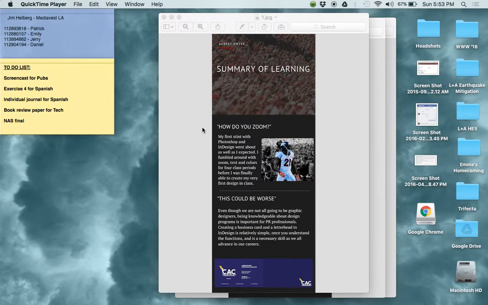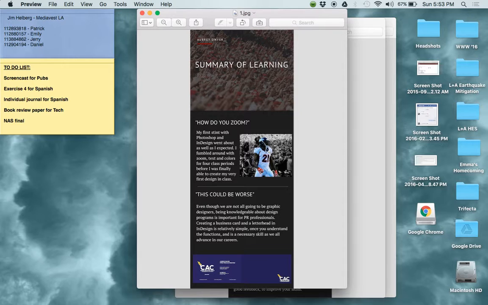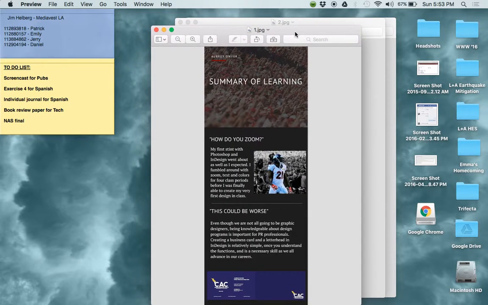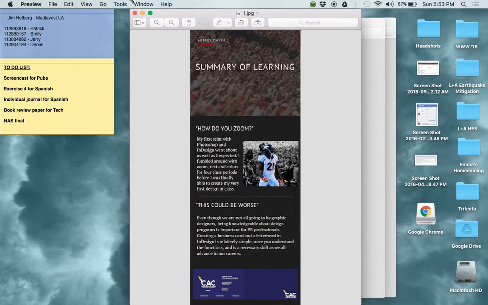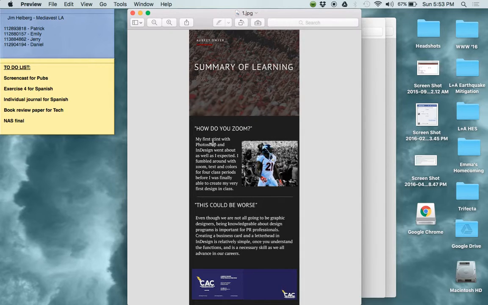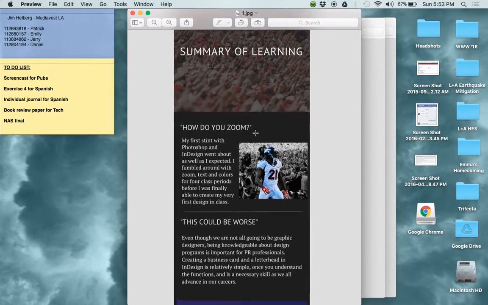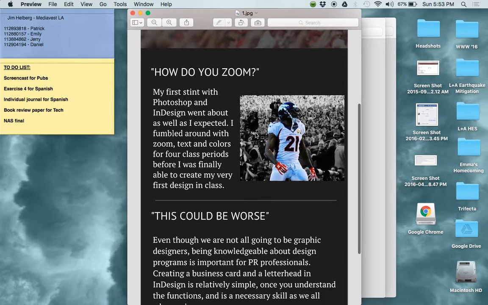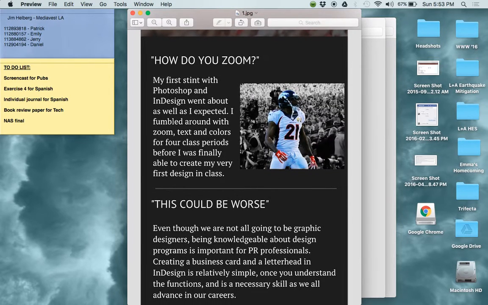So I decided to create an infographic for my summary of learning because I thought it was the most efficient way to show everything that I learned this semester. My very first part of this graph is called How to Use Zoom, and that was because that was probably the very first question that I asked